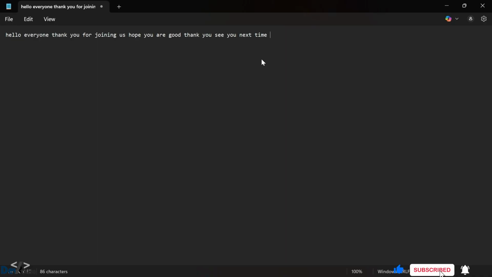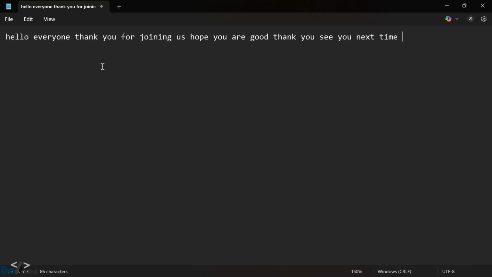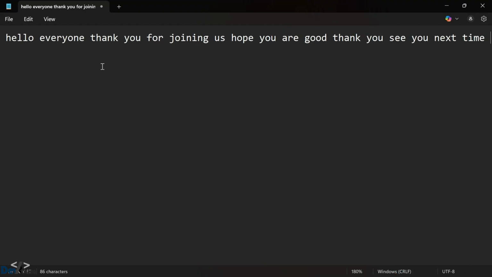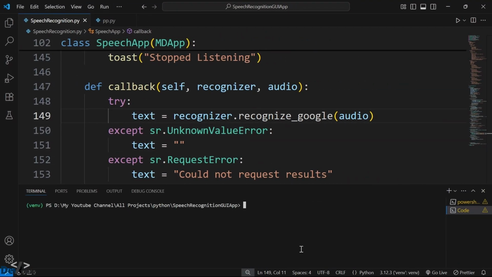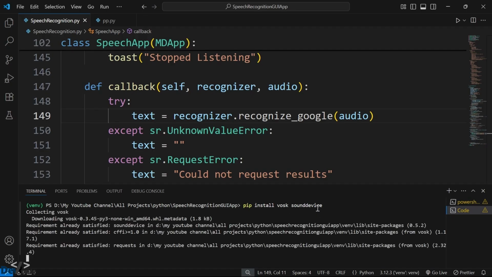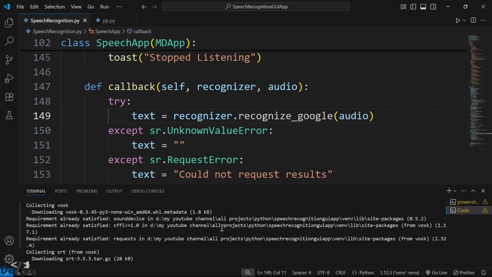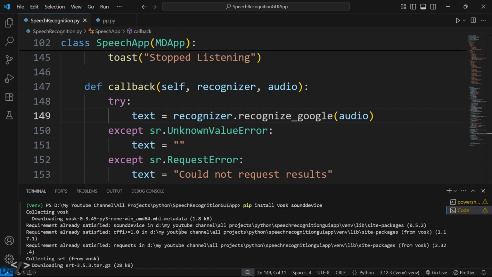All right, so now it is more or less like a continuation of the other one that we did. So we need to install the required dependencies. Here we say pip install vosk sounddevice. Once you install that, then of course you would have installed pip install kivymd, which,